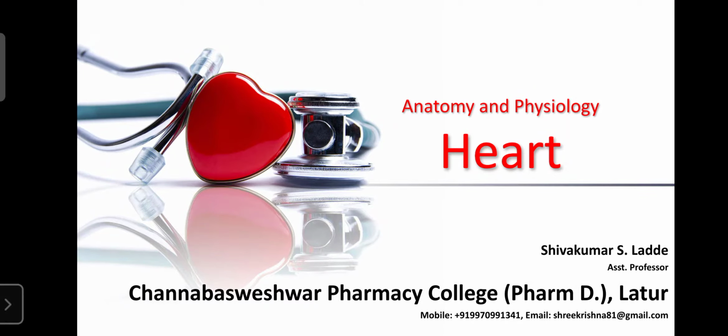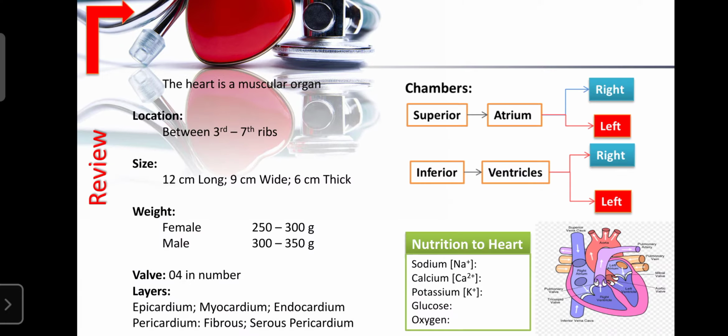Okay, dear students, today our topic is the continuation of the anatomy and physiology of the heart. In the last class, we learned about the nature of the heart, that it is a muscular, pumping organ. It plays an important role in the circulation of fluid from one part to another, as well as in coordinating the organs and communication. Regarding the exact location, it lies between the third and seventh ribs.